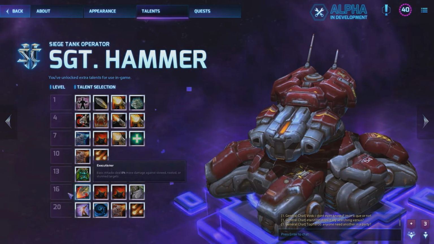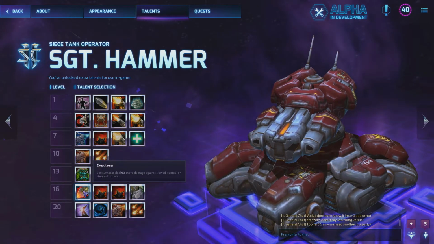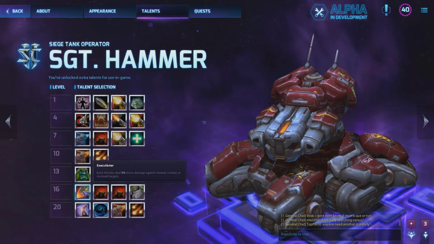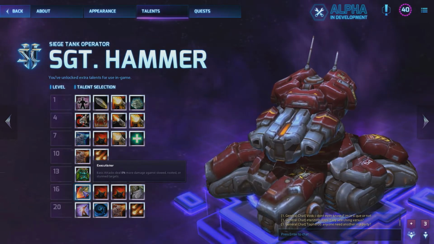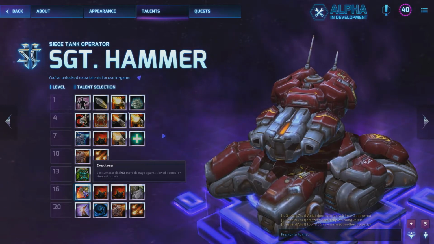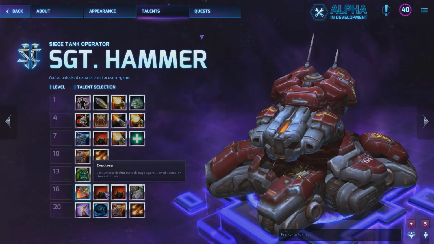And then level 16, there's no real good option besides Executioner for the style that we're building her. It is possible to do her more utility, more Widowmine, more Spider-Mine focused, and do kind of split pushing, zone control kind of Sergeant Hammer. I feel like her strength is her range and her damage, and given that, the only option at this tier